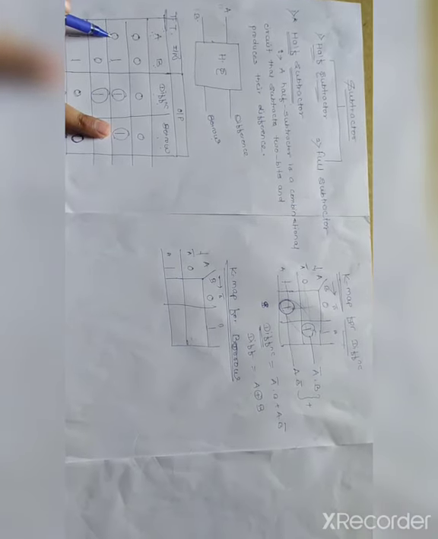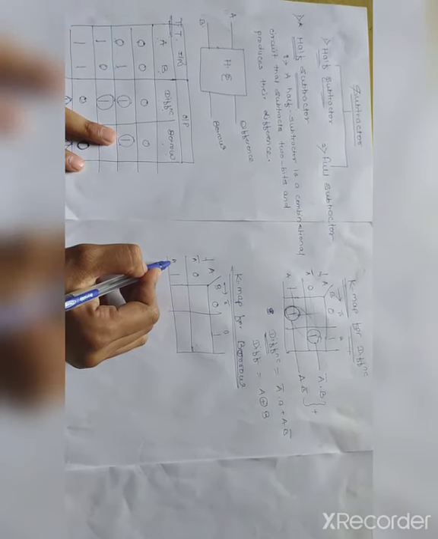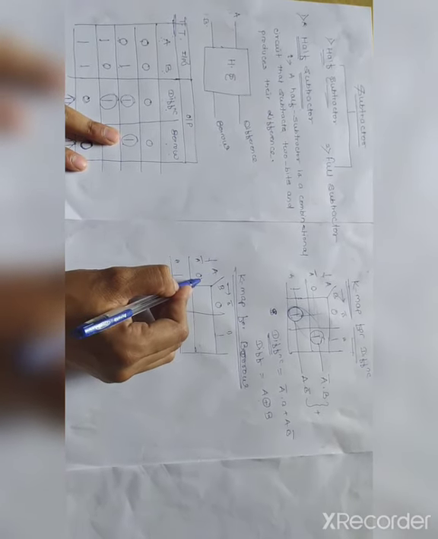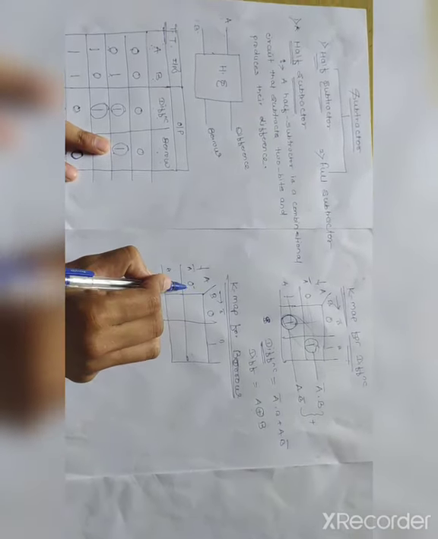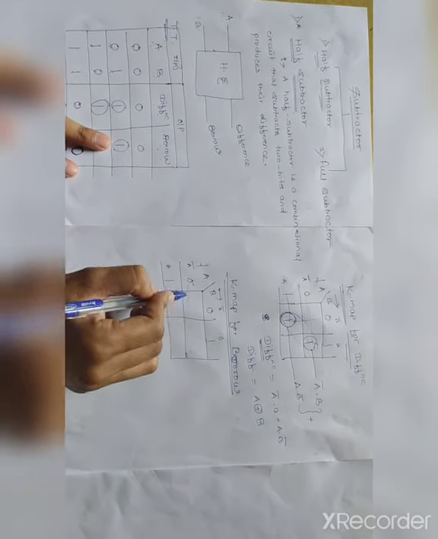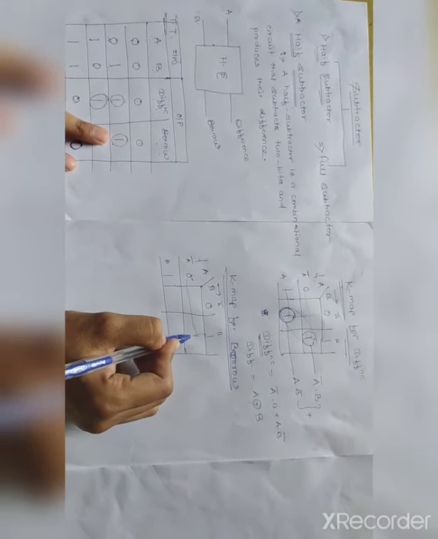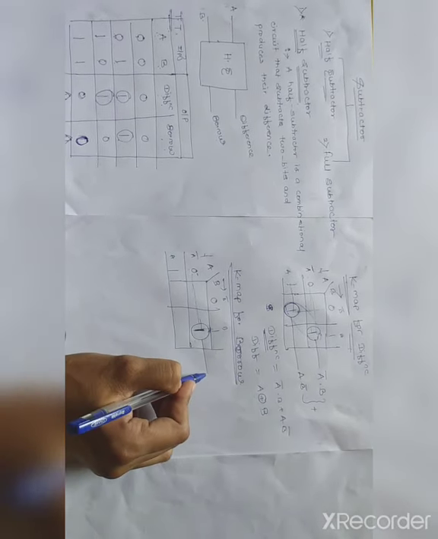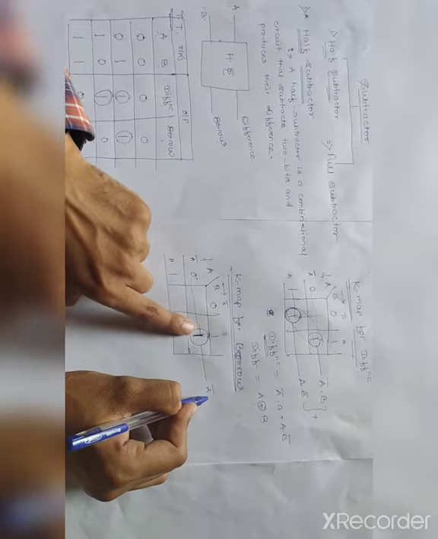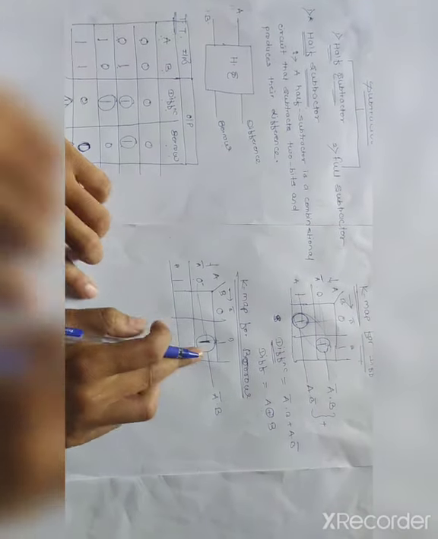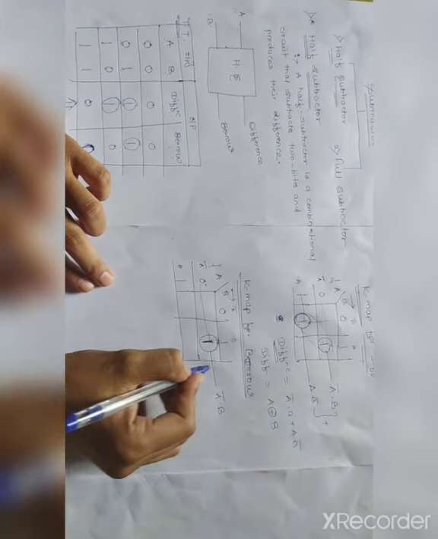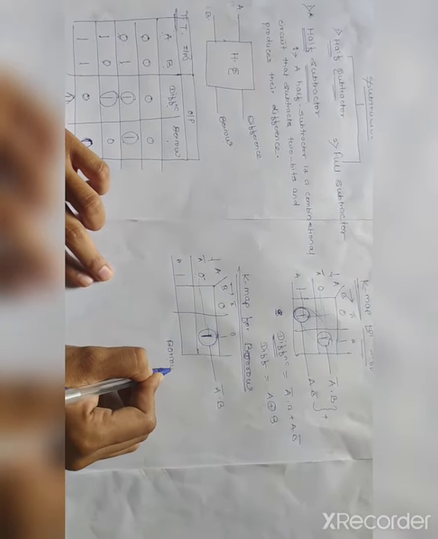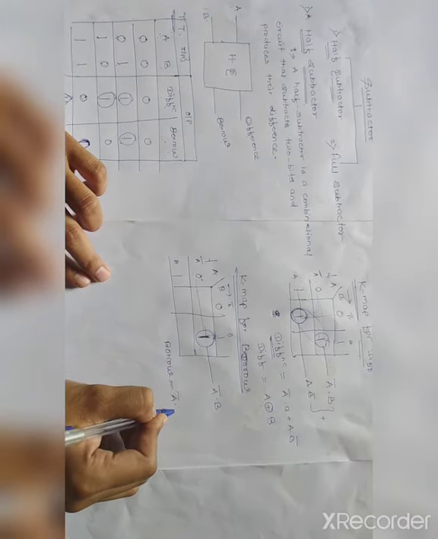When A is equal to 0 and B is equal to 1. Here, these are the values of A. A is equal to 0 and B is equal to 1. B is equal to 1 means you are putting this one here. You have to just group the single bit group. The equation for this is my A bar and just taking B. This is my equation for borrow. So borrow is equal to A bar into B.